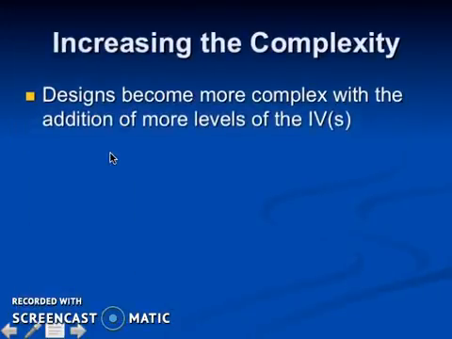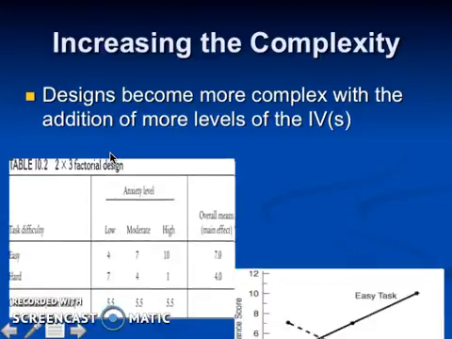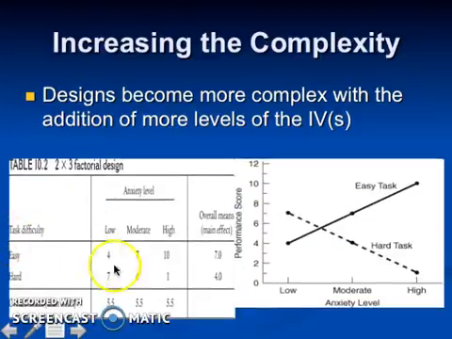So when you increase the complexity by adding more levels of the independent variable, it can definitely become more difficult to discern what is actually happening with the data and what it means. So this is an example where we're asking how anxiety influences people's performance on a task, where the task can be easy and hard, and we manipulated anxiety to be low, moderate, or high. So you're more likely to use a line graph once you start splitting up a variable into a low, medium,